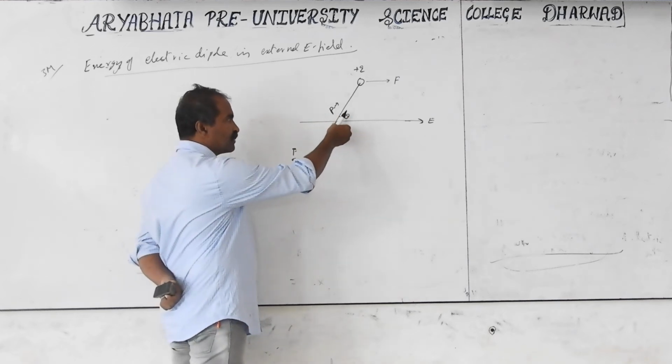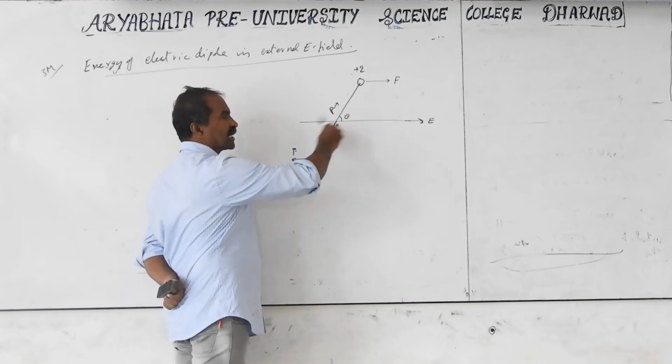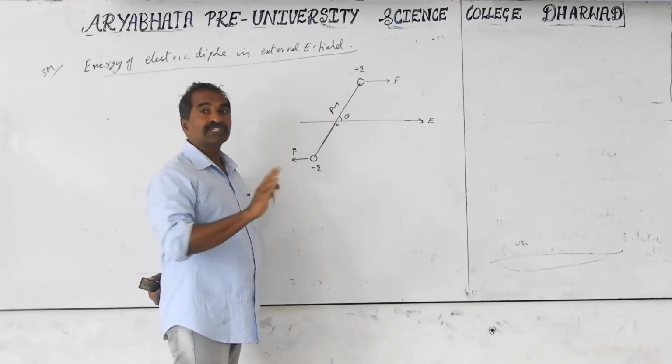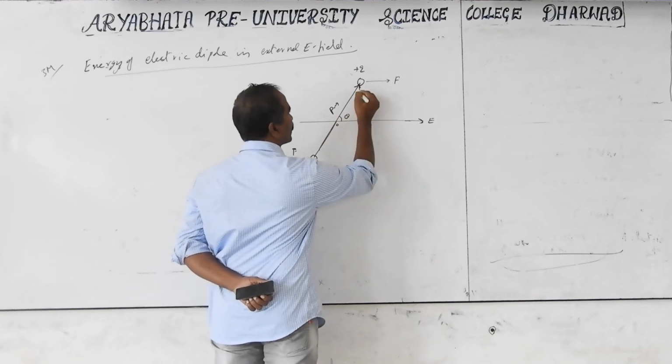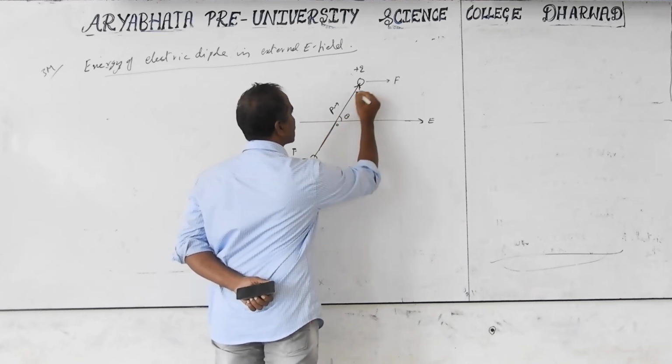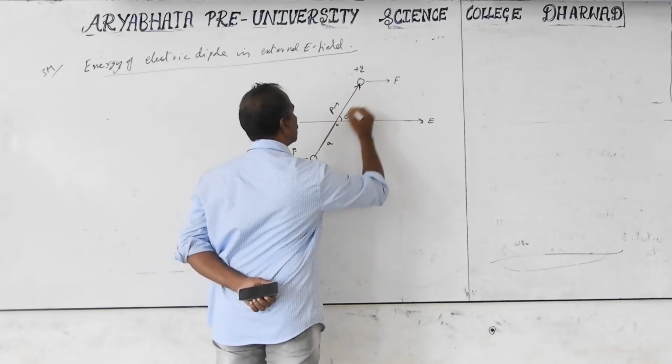If I rotate it in reverse, P points opposite to the electric field, and this is called an unstable equilibrium. It always tries to become a stable equilibrium. So this is the direction of P. The displacement is A on each side, so the total distance is 2A.